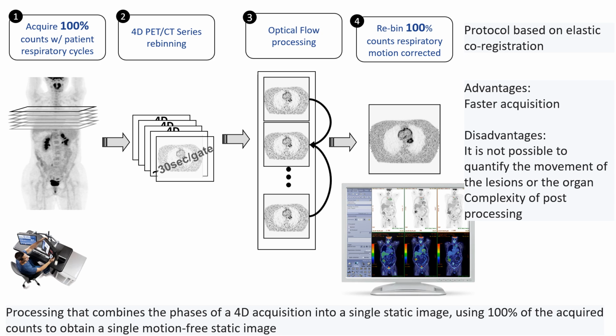The main steps are similar to the 4D protocol, but the statistics in each phase can be much lower, as images from the different phases will be co-registered with elastic deformation. The main advantage of this protocol is the total time that is comparable with the standard protocol, but image quality is much better, as the final result is free from movement. The process, although shorter than the 4D protocol, keeps the complexity of a 4D protocol and can't be applied in routine acquisition, but only in selected cases.